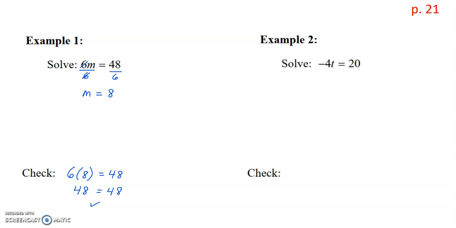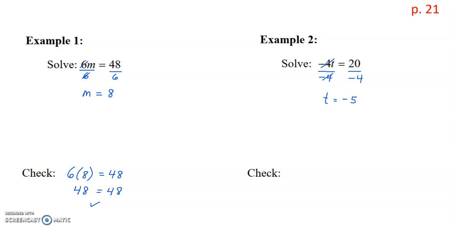For example 2, we have negative 4 multiplied to t is equal to 20. If you have a negative coefficient multiplied to the variable, then you need to divide by the negative coefficient. So we are going to divide by negative 4 on both sides. And that's because if you look at how this reduces down, negative 4 divided by negative 4 gives a positive 1, and we need to have a positive variable. So those cancel each other, leaving us with t is equal to 20 divided by negative 4,